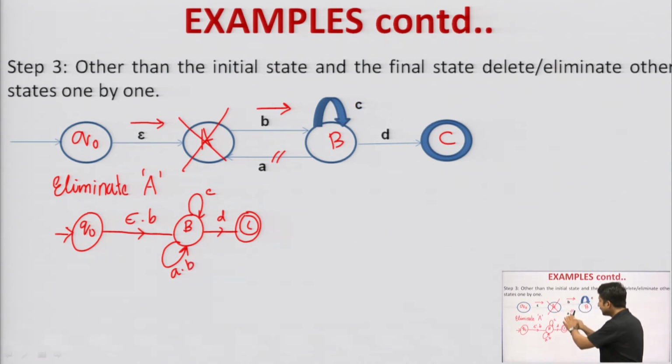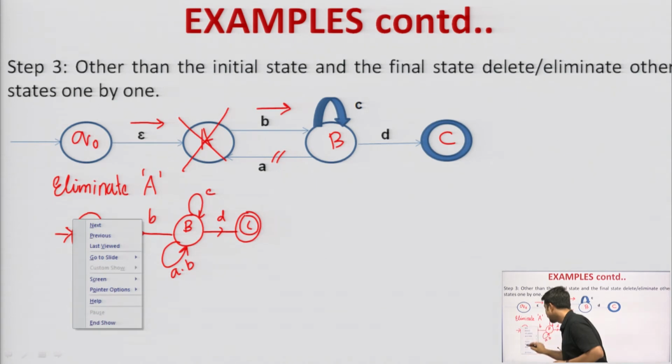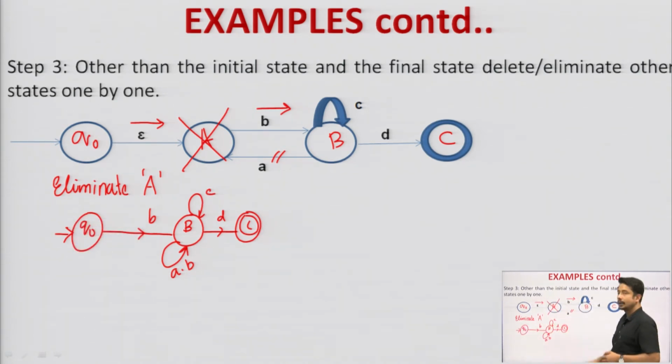If it had been B then A, then write it like B dot A. Do not write it as just AB; you can, since you have basic identities, but try to write it in a flow so that the examiner or the other party can understand what you are trying to do. Therefore, this epsilon dot B I can simply write as only B. So, this is the final diagram after eliminating A.